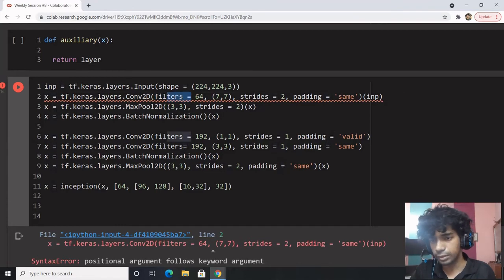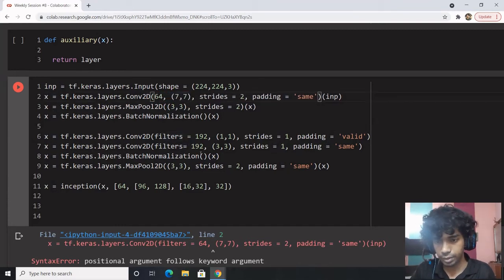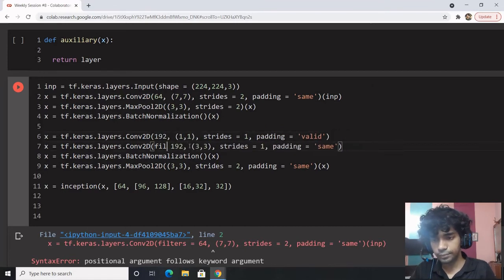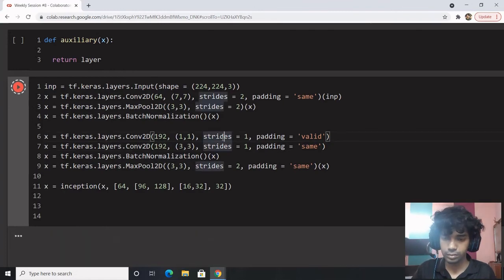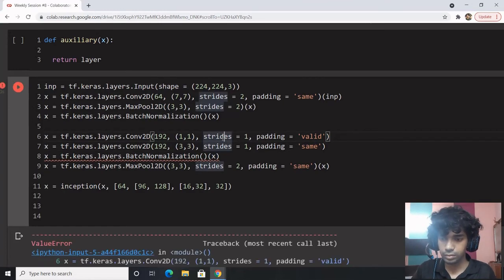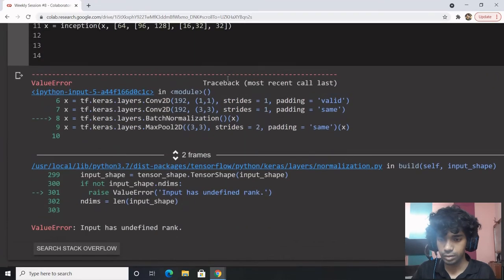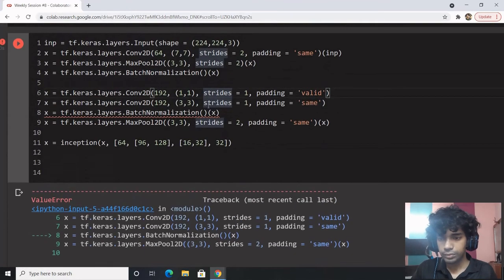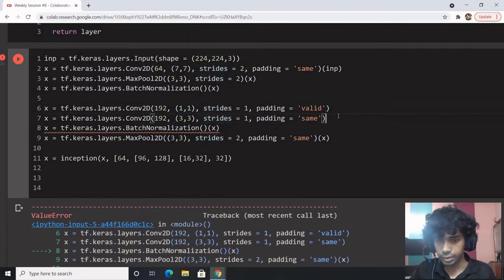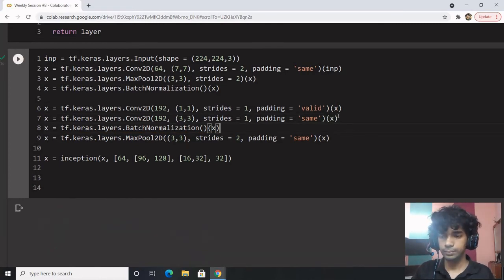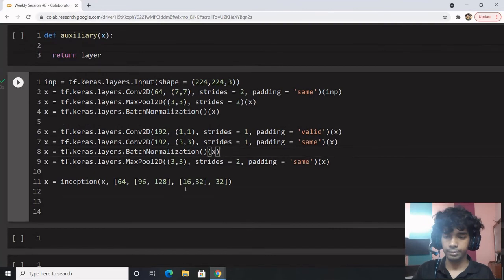I won't call the filters argument anymore. My bad. What happened now? So what do we need to define in batch normalization? Yup, we didn't call the previous thing. X goes here, and perfect. So till now our implementation is correct.